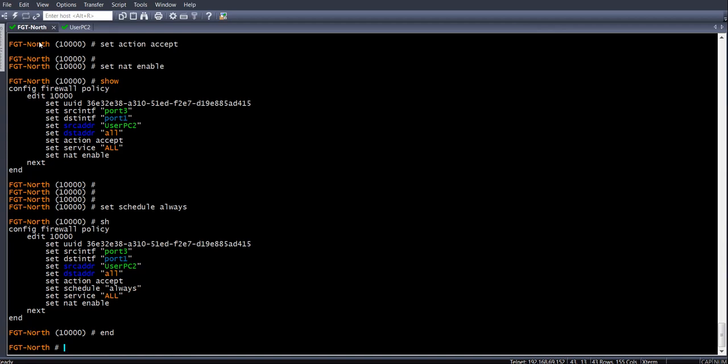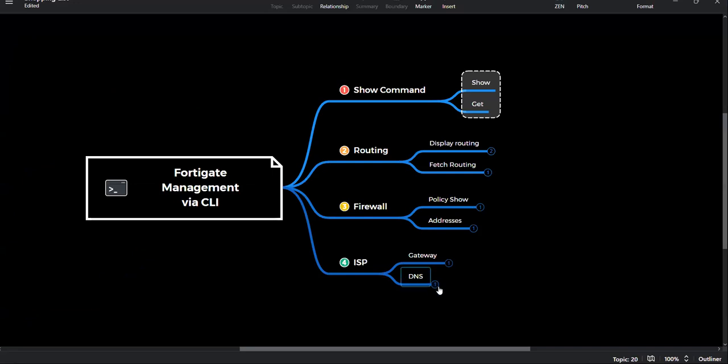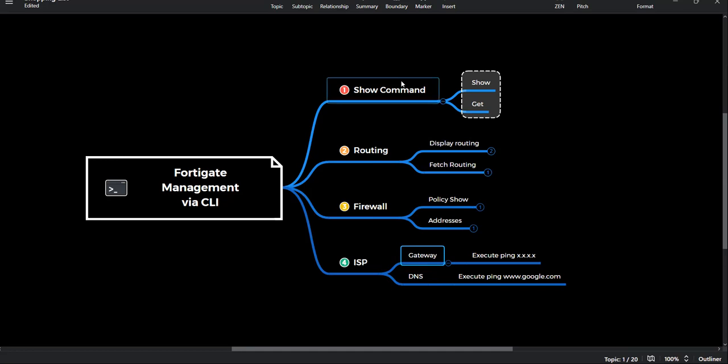Okay, all right, so see what we have done till now. We used the DNS, we used the gateways as well. We were able to understand the show command, and what's the difference between show and get, how to fetch the information of the routing, what is the difference between displaying the routing and fetching the routing information, how to check your firewall policies from the command line, and how to check your address objects, how to figure out what IP address is configured on your